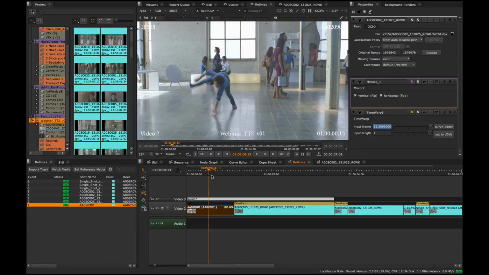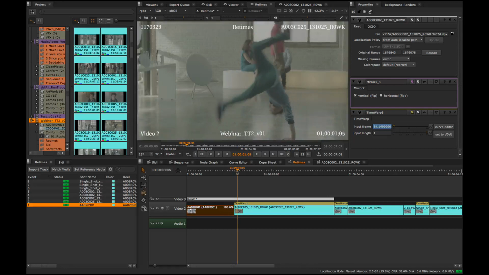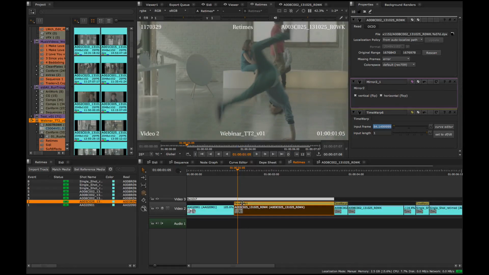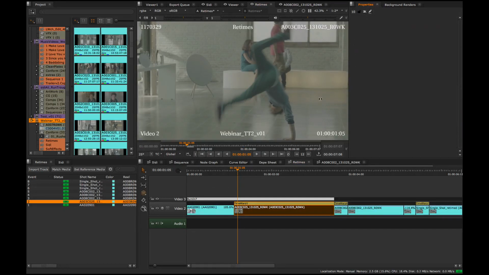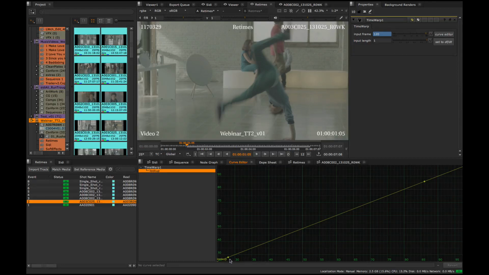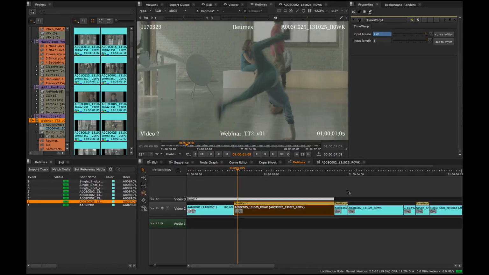Now, the other type of retime is when you need a non-linear retime. That obviously is the idea of using a soft effect to do that, and that's done with the time warp. So I'm going to clear my properties for a second, and I'm going to load that time warp, and if I go into my curve editor, I'll be able to see that in this case it's actually quite linear. I have a different one, I think is this one,